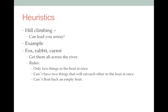So what you do is people will say, well, I can't put the fox and the rabbit together, and I can't put the rabbit and the carrot together, so clearly I have to start with the fox and the carrot. So I'm going to float them across the river. So I've got the rabbit on one side and the fox and the carrot on the other, and now what do I do? Well, I could send the fox back, but then I have to do something with that rabbit. So I can send the rabbit over here, but then I have to do something with that carrot. So I'm going to send the carrot over here,